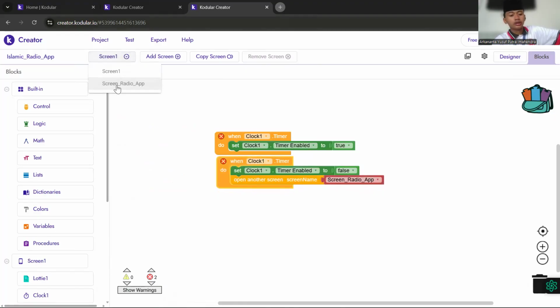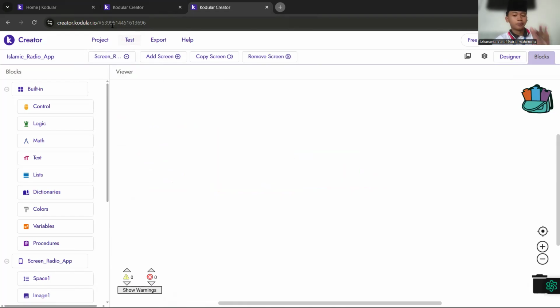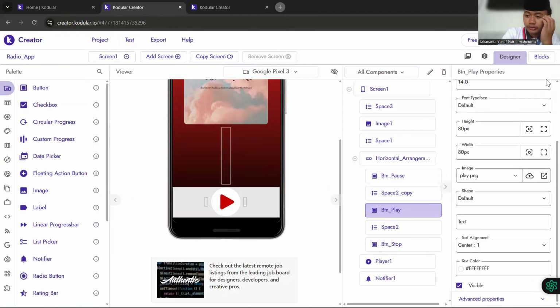Okay, so the next is the radio app screen. How is the code?